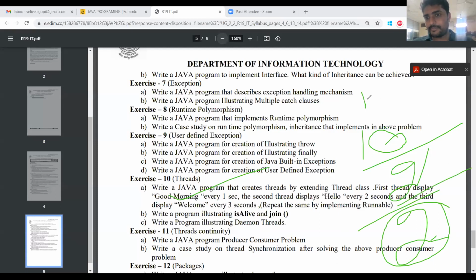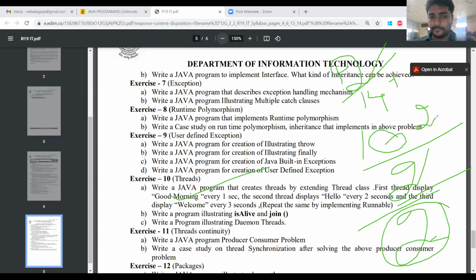So we have 14 lab exercises, and we'll try to complete 12. The 2 lab exercises that are left are applets and event handling, which you can learn yourself, as they are not in the theory syllabus.